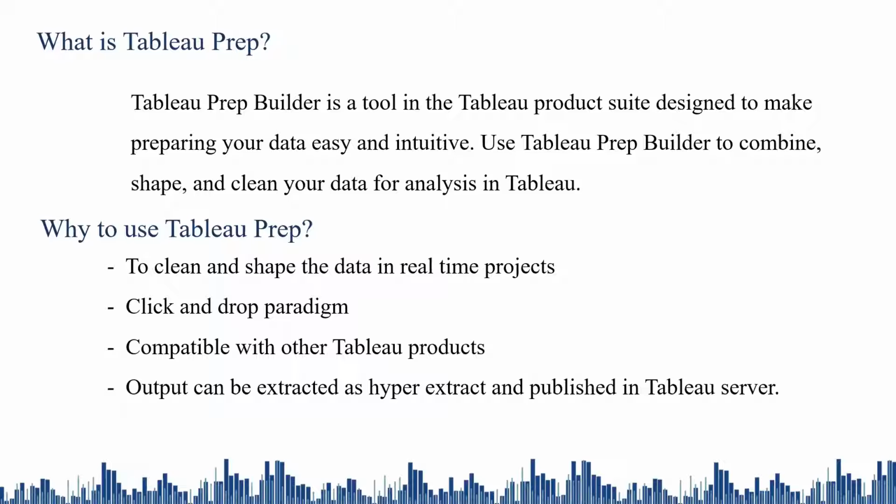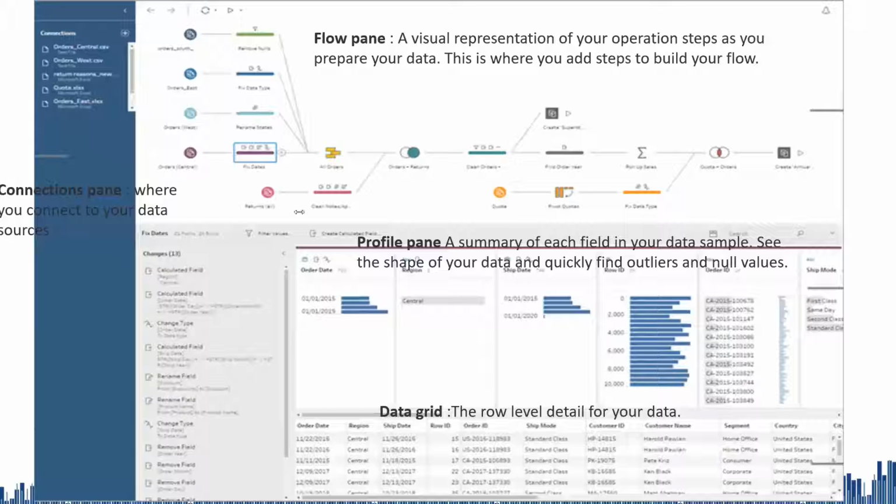So quickly we will get used to the interface. Once you open Tableau Prep, we will have 4 windows like this. The left one is the connection pane, where you would like to connect to a data source, just drop it here. And at the top is the flow pane, and here the flow will be visualized, the visual presentation of all our operation steps to prepare the data. We will quickly go through the steps involved.